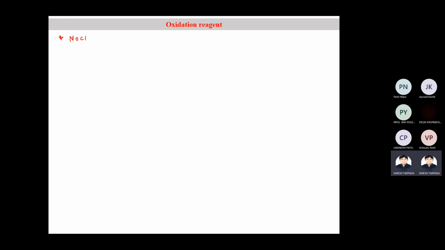If you have this reagent NOCl, then this is called the Barton reaction. What is the application of this reagent? This reagent is useful to carry out oxime formation. Oxime formation takes place